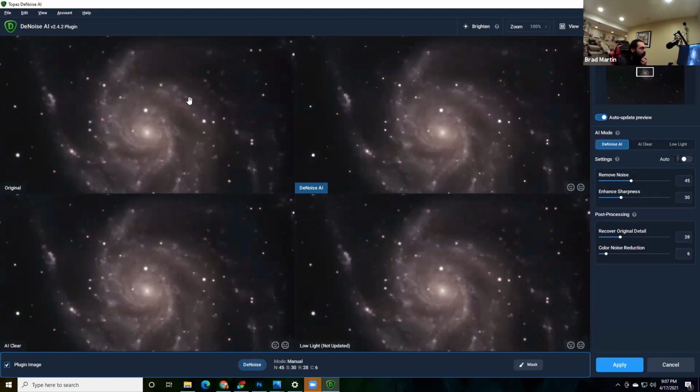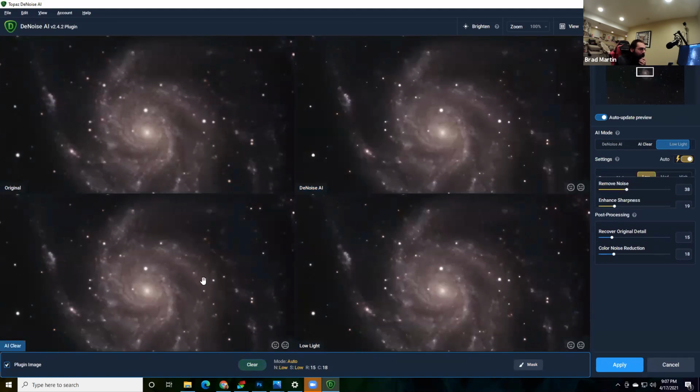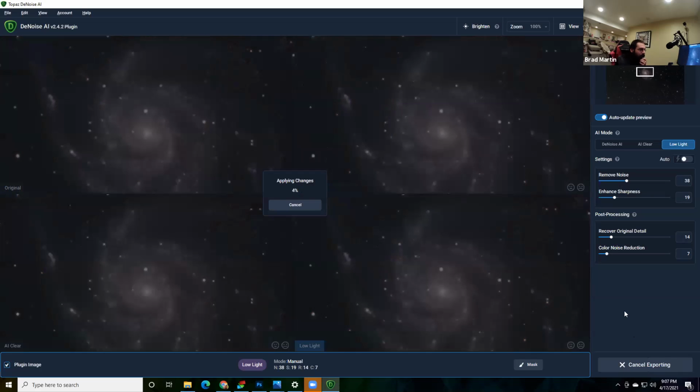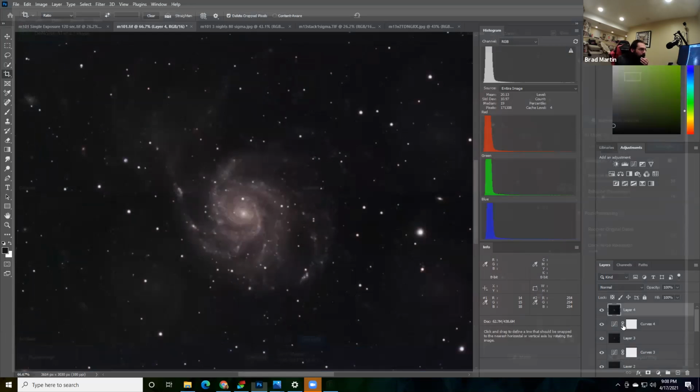So we can see on this side the original, and then each one of these is a different way that Denoiser is doing it. So what I like to do is have all 4 different methods that it uses and then compare each one and decide which one I like. So I like this one. I can also go in here and move these sliders around if I want to, but I'm not going to do that. But if I want to get it looking as perfect as possible, I could mess with all these slider settings.